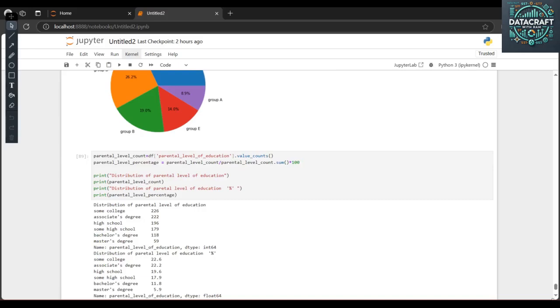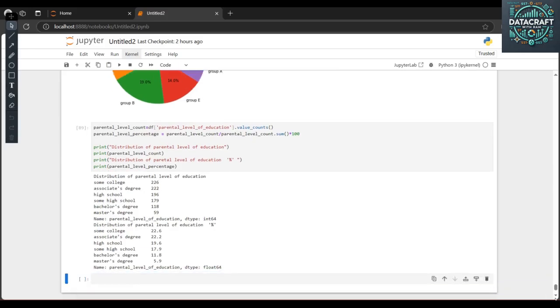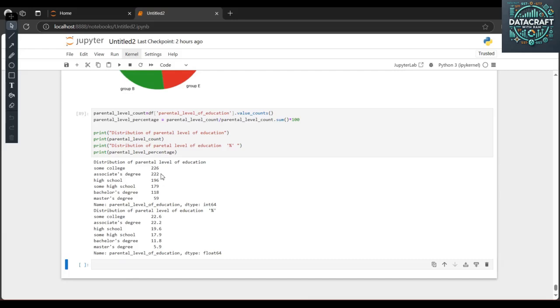So the output is some college is 226, associate degree is